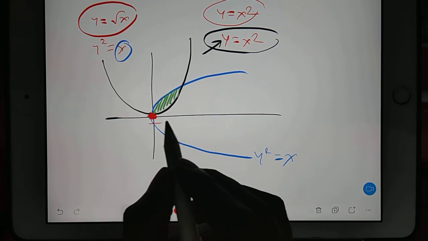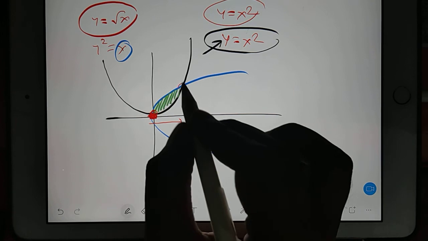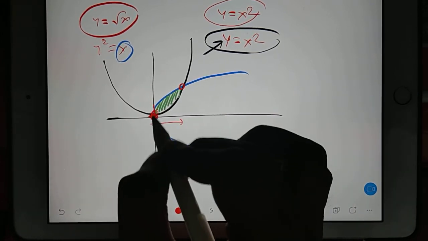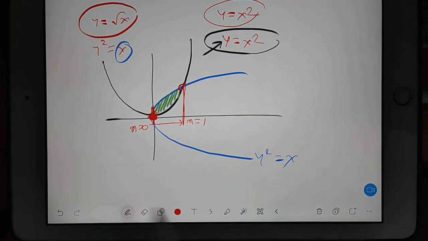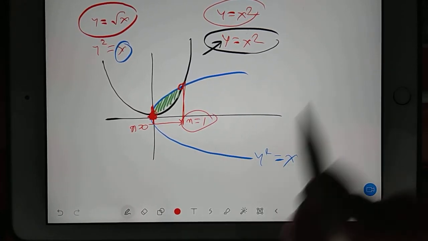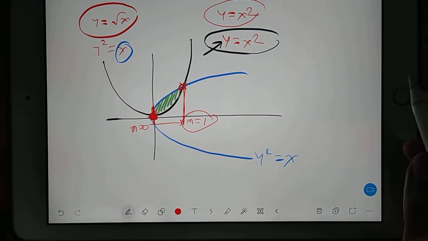The x limit is changing from here to here, right? Means this area is from here to here only we are covering, na? From here to here we are covering the x. So x is equal to 0 to x is equal to 1. How do I get x equal to 1? When you solve for the intersection point, you will get x equal to 1. How will you solve the intersection point?